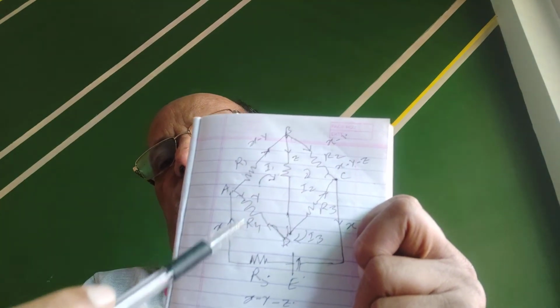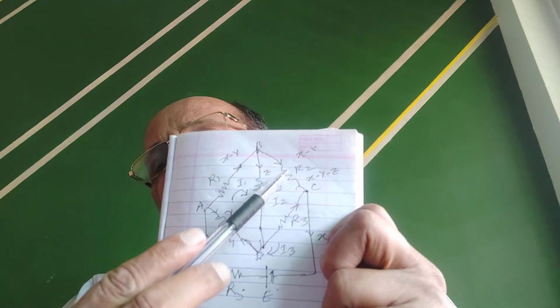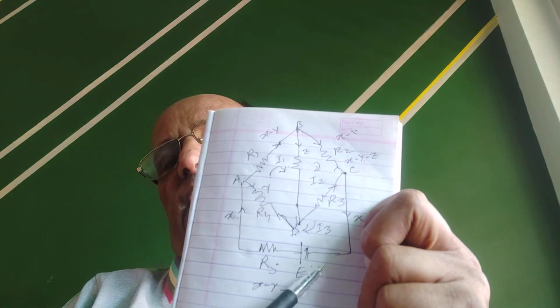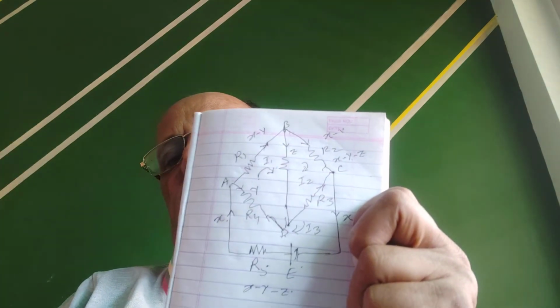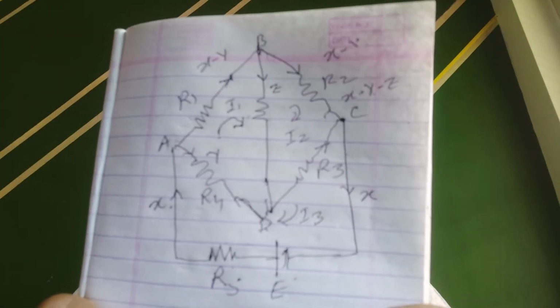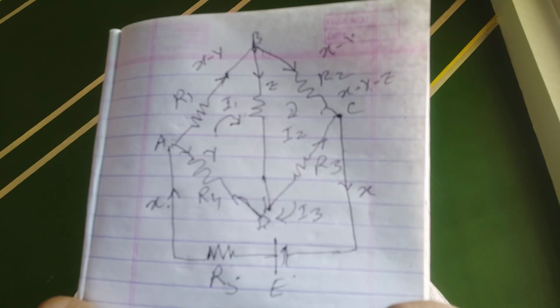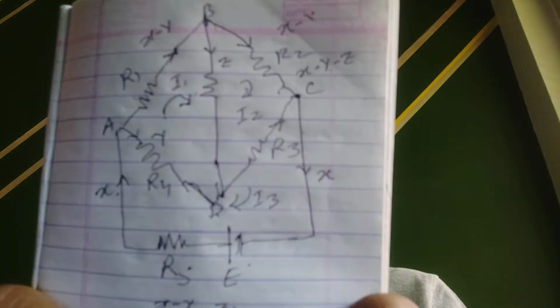Any numerical value of resistance you can take, say resistances of 10 ohm, 15 ohm, 20 ohm, 25 ohm, 30 ohm. In the battery you can take 100 volt. Then solve this particular loop equation for finding out the currents X, Y, Z. So there will be 3 equations in terms of X, Y, Z, and 3 unknowns. Then solve the equations with the help of the same method, the method of substitution or method of subtraction or method of addition, as you have done in your algebra.